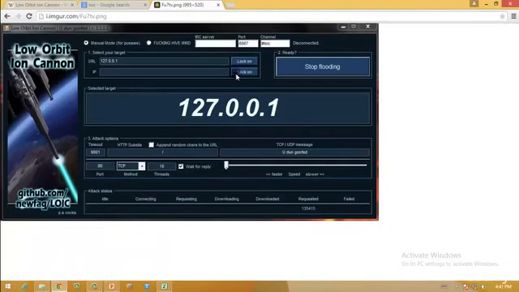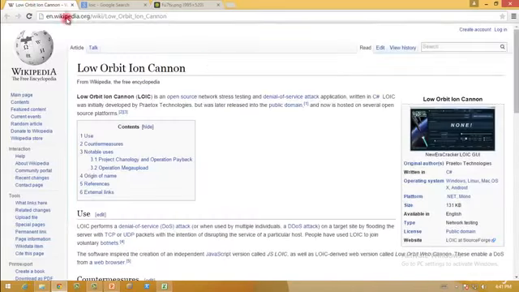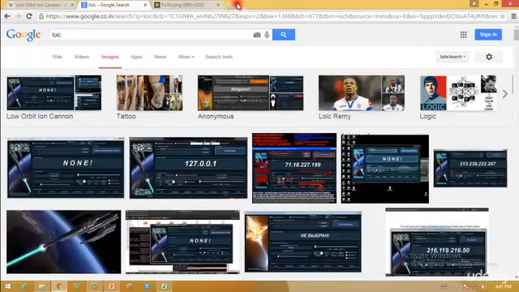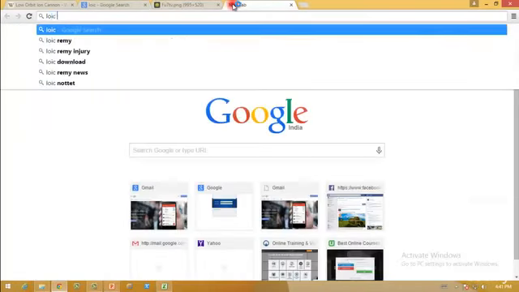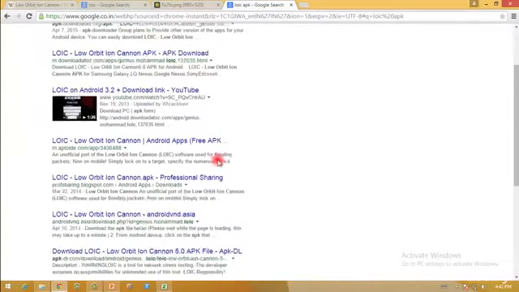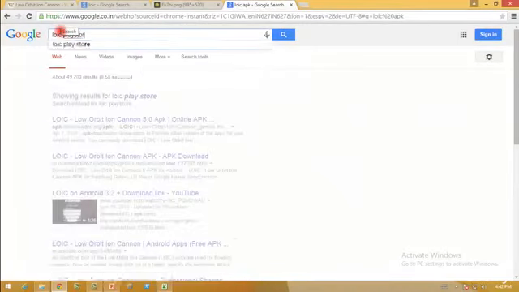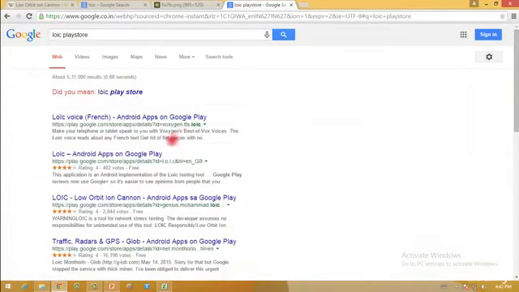Let me show you how it looks in our images. Okay, so this is how the LOIC software looks. As soon as you download it from the SourceForge website, just double click it and it will start running. Make sure that your antivirus is disabled because it will most probably detect it as malware. You also have a LOIC application in the Google Play Store. Let me check whether they may have deleted that.